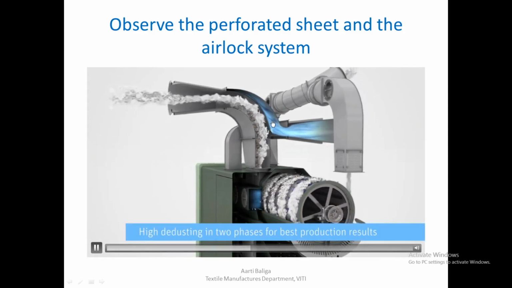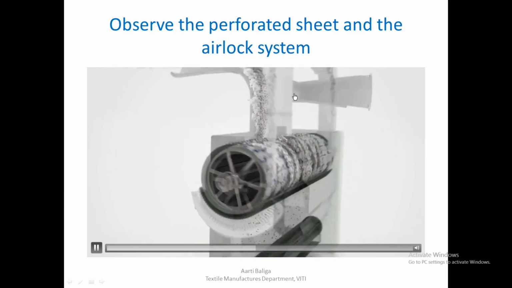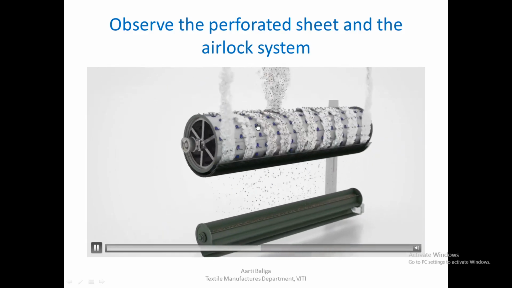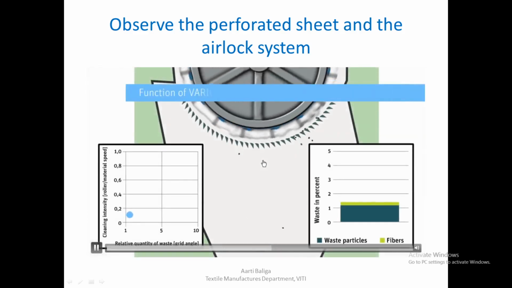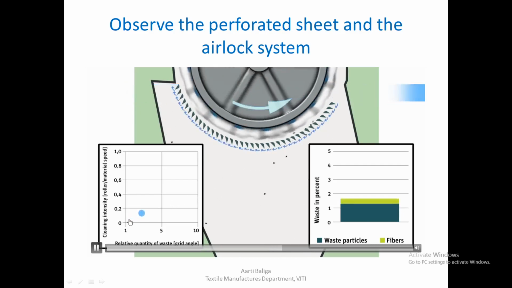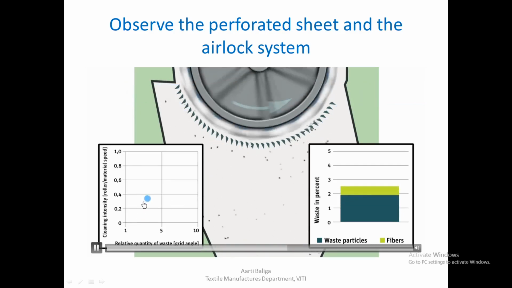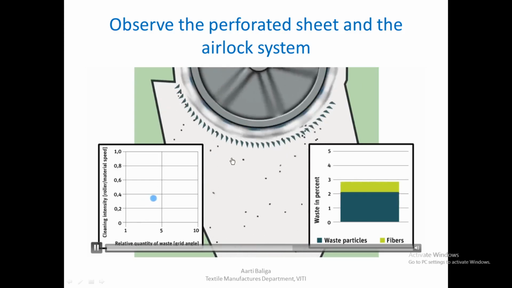One can see here there's a suction applied here as the material is entering, so dedusting is happening. The material will enter, it will spiral around the beater around 5 times. The trash is being removed below the grid bars, and as we go on increasing the roller speed, we can see that more trash is removed.